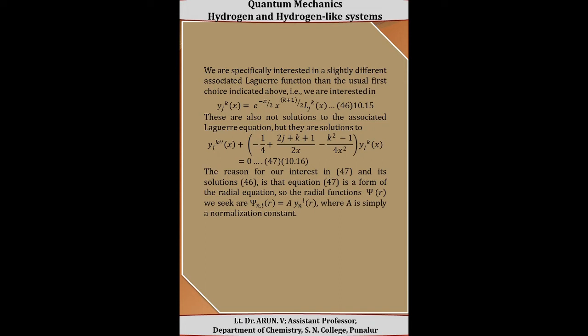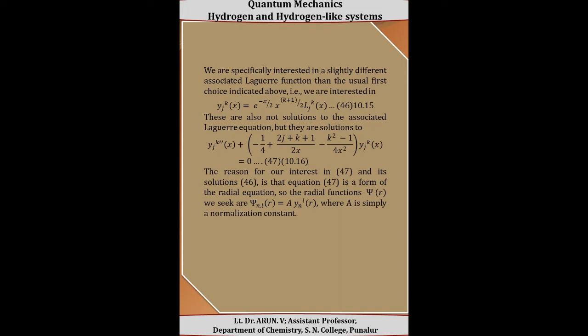These are also not the solutions of the associated Laguerre equations, but are the solutions to the following equation, that is y_jk double dash(x) plus [−1/4 + (2j+k+1)/x − (k²−1)/(4x²)] y_jk(x) is equal to 0. That is,